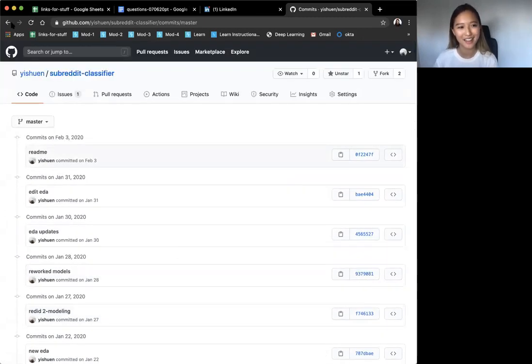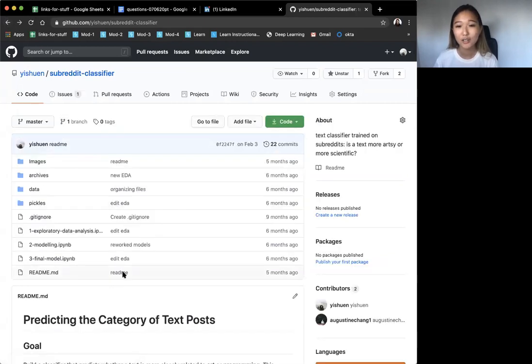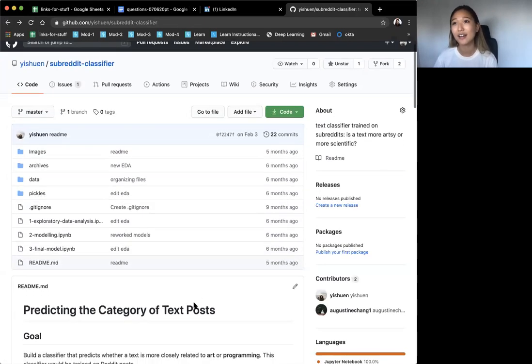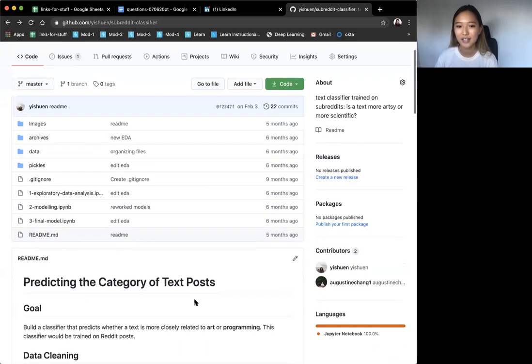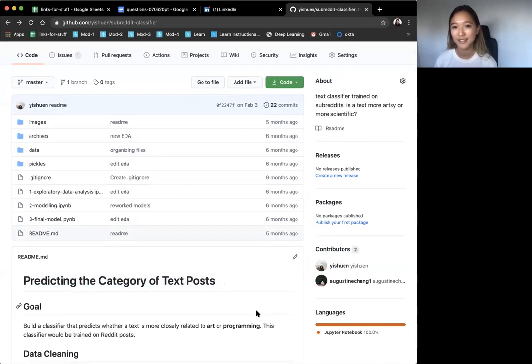So that's that. For READMEs, I think READMEs are very, very key, because if you are a recruiter, that's where you find out about the project. And oftentimes the recruiters might not be technical. I think for the most part recruiters are non-technical, and only if you're having a technical interview then they will be technical. But anyways,